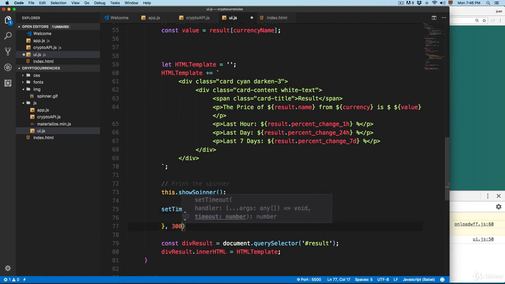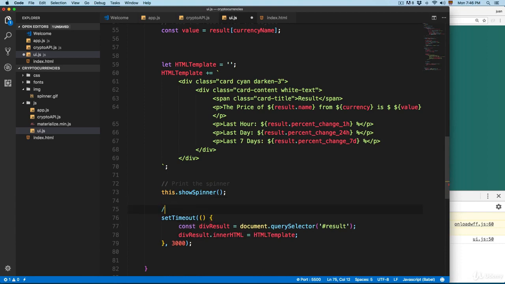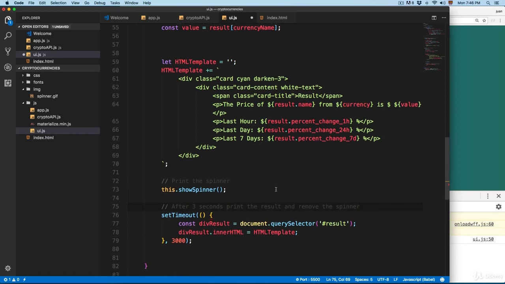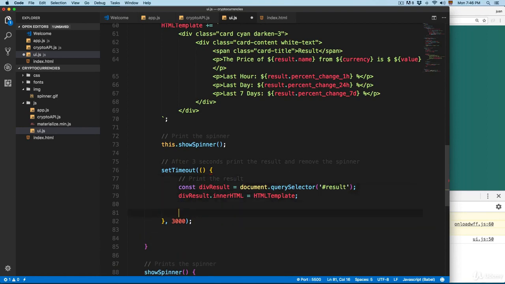and after 3 seconds we're gonna print the HTML template that we have here. So we're gonna print this, and we're gonna hide the spinner. So we're gonna add a comment. After 3 seconds, print the result and remove the spinner. So we're gonna add print the result, and right here I'm gonna add a second comment, hide the spinner,